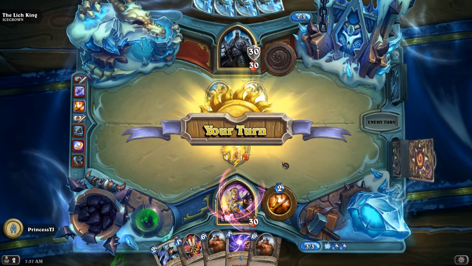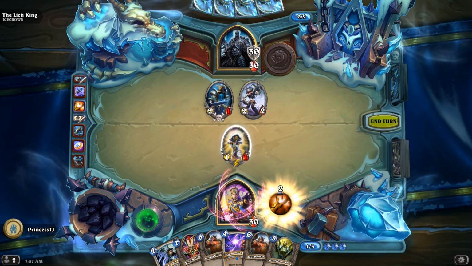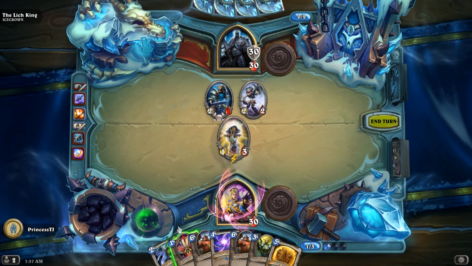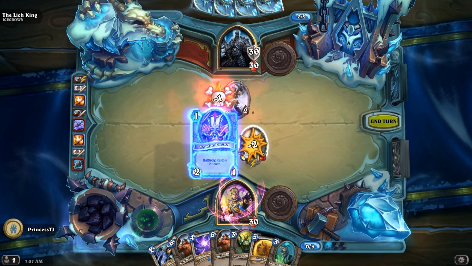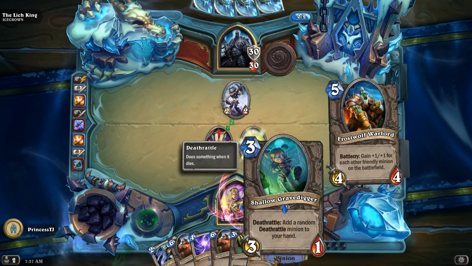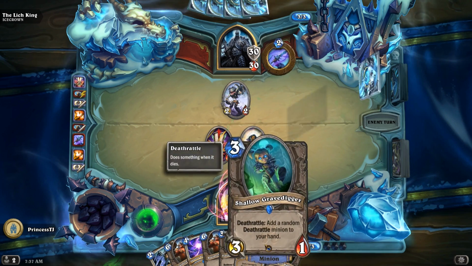Sweet. So what I'm going to do here is Lesser Heal. Then I'm going to hit it. Then I'm going to Voodoo Doctor for another card and give me that 2-1. Now that's a pretty good card to get from...